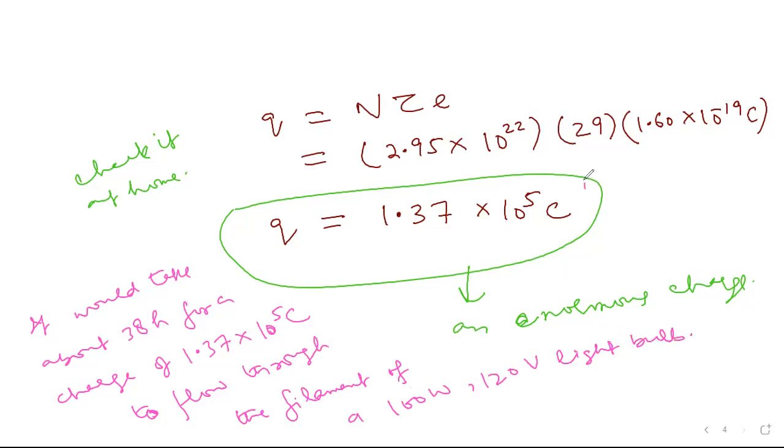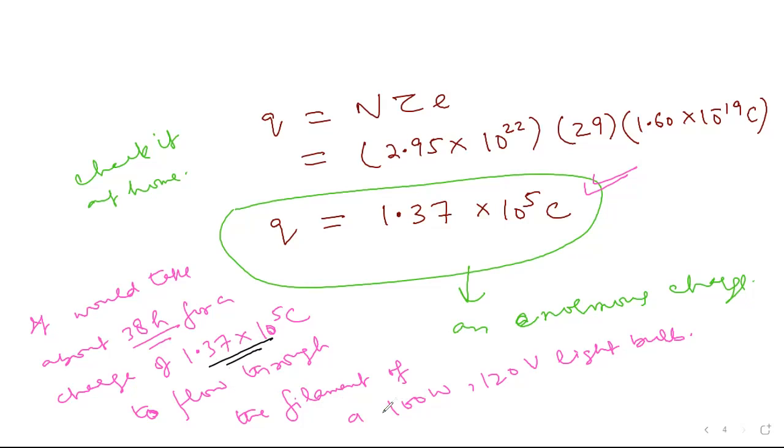This charge which we have obtained for a penny, the magnitude of positive and negative charge inside a penny, is so huge that it would take about 38 hours for this charge, which is 1.37 × 10^5 coulomb, to flow through a filament of